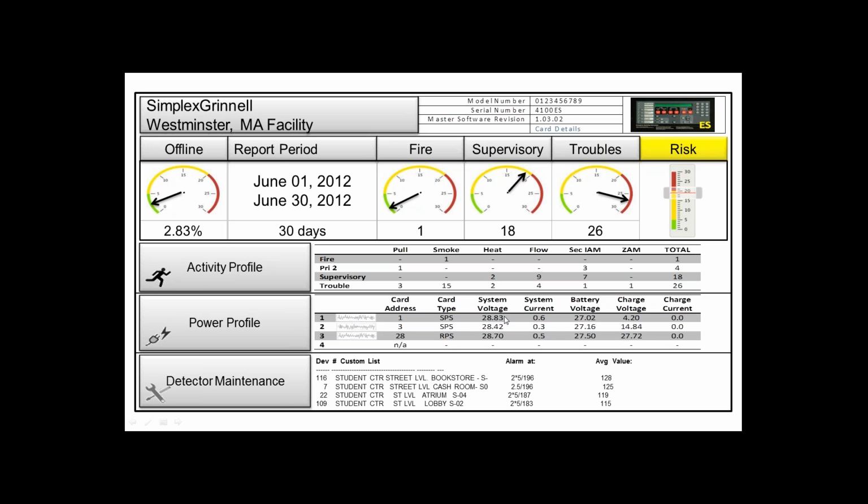And as you see here, you can see what the system voltages are, the current, how the batteries are functioning, how much power they are using from the charger. And then down at the bottom, we can even see individual devices. Device number 116 that's in the bookstore. What value will it go into alarm? What's its average value? And we can use these things to start to formulate